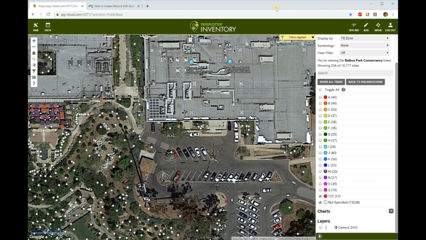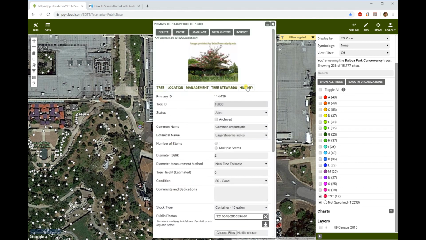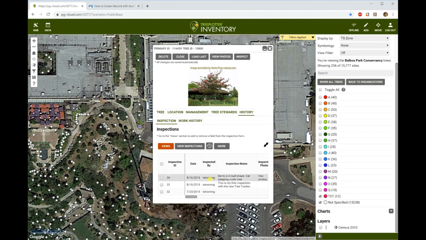All right, now that we have added an inspection using the mobile device, let's take a look at our tree one more time. Now we see, under Details and under History, we can see that there are now 3 inspections. The first one that we did together on the desktop before, and the one that we did together on my iPhone. You can see this one says, Berm is in bad shape, cat sleeping under tree. It also says, has photos. We're able to view those photos